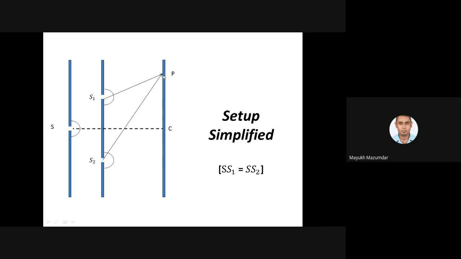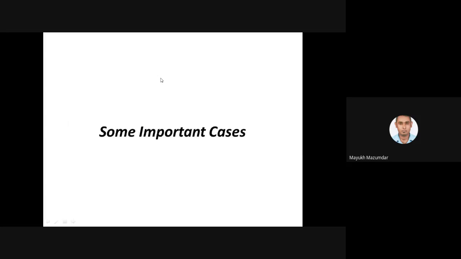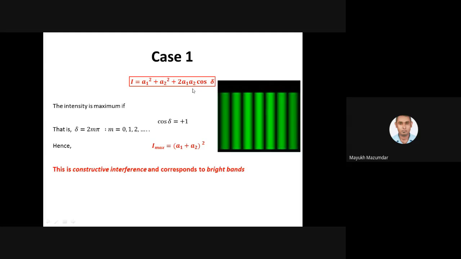Actually, the difference in the path traversed by the two interfering waves. Now, depending on the point, obviously, see here, the path difference is 0, isn't it? Here, this is at the center. This distance and this distance should be equal. Just see, S2C is always equal to S1C. So the path difference here is 0, but here it is not 0. And path difference is related to phase difference. So you all agree with me. Now I think that cos delta can change.